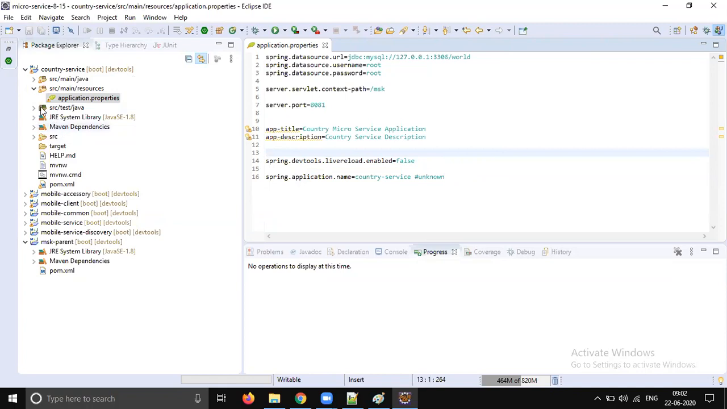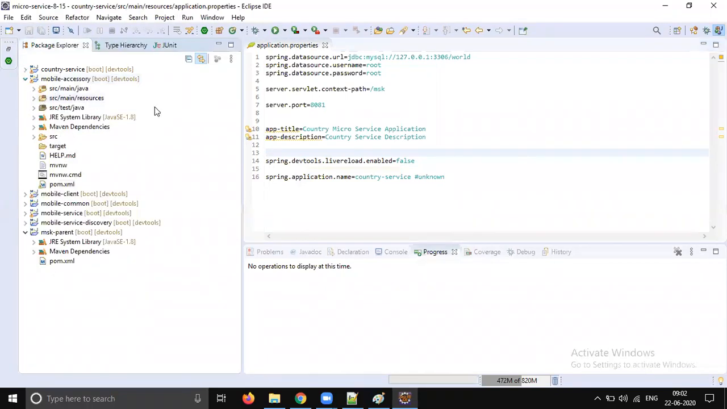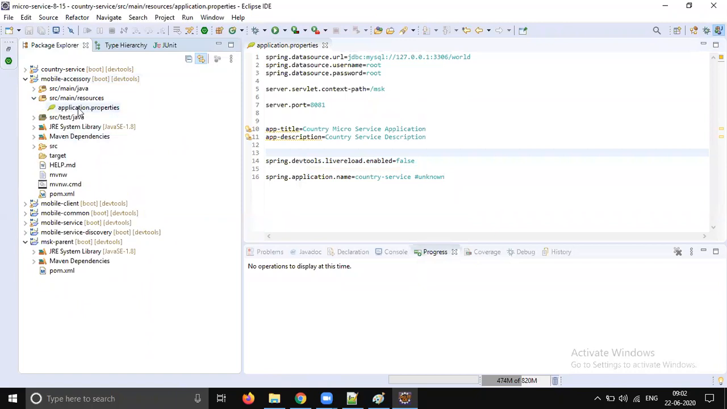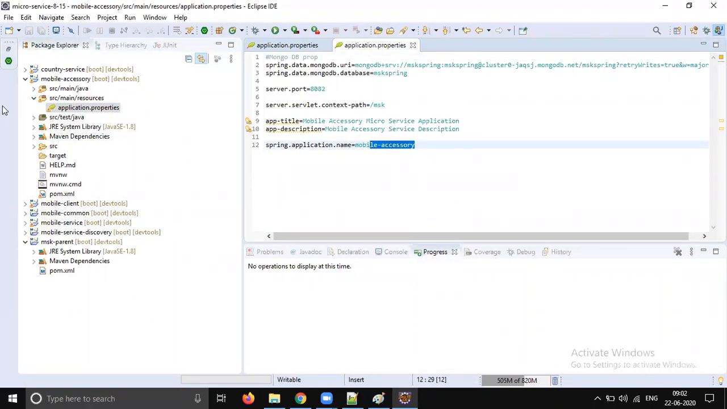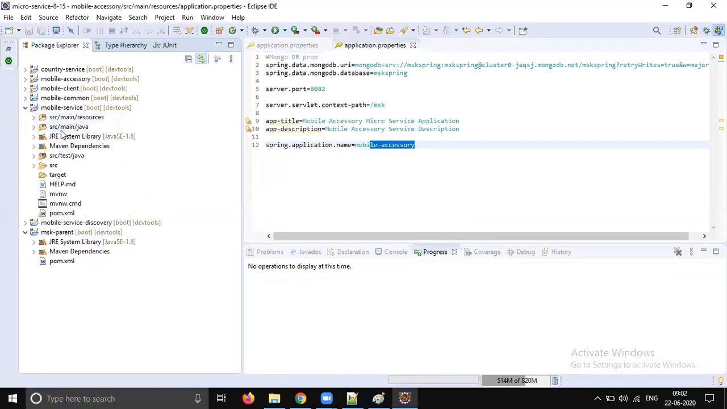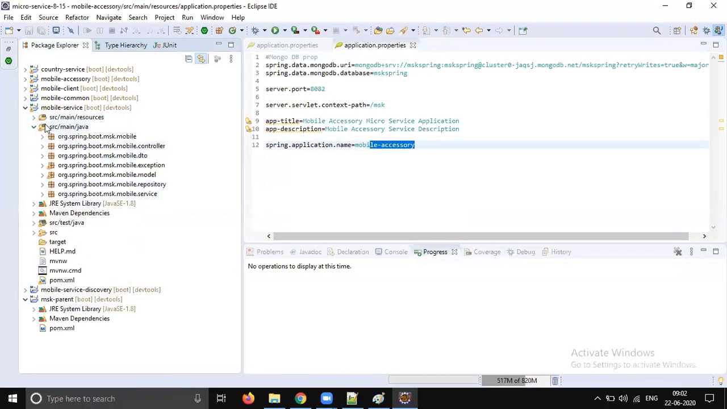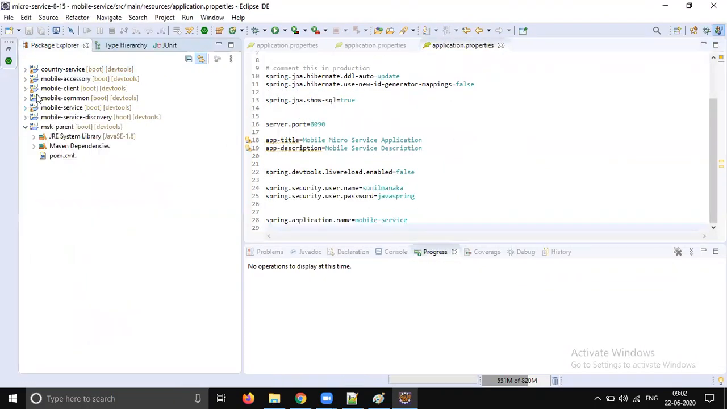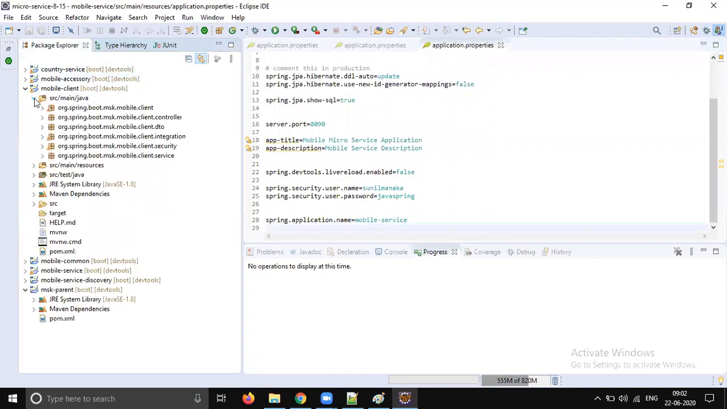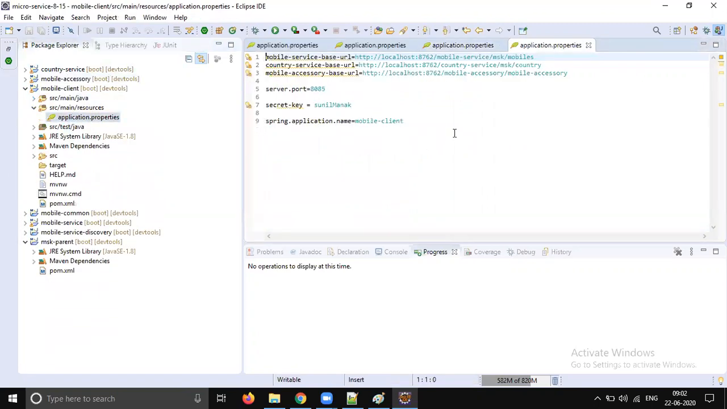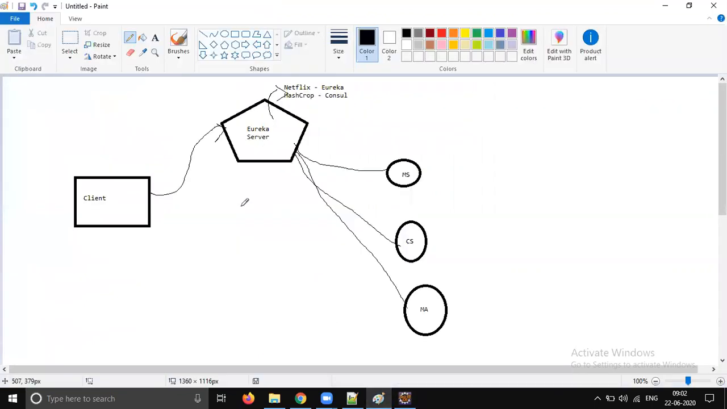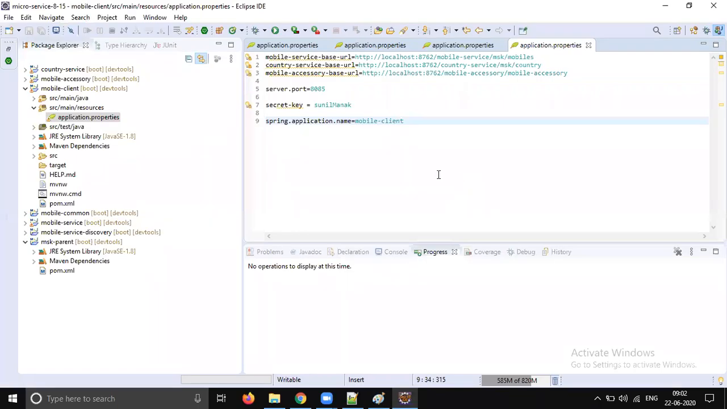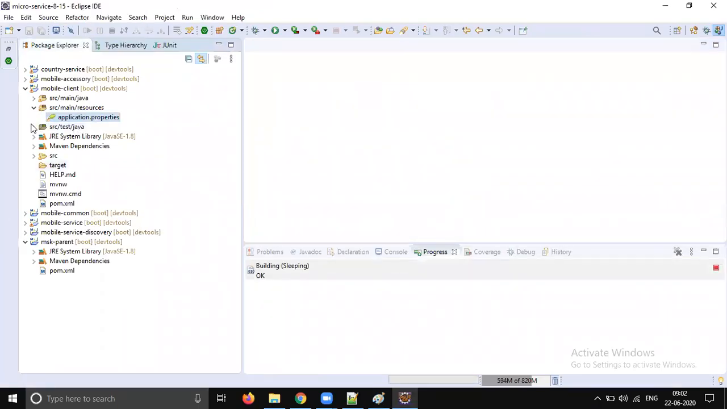This name will be listed on the Eureka server, right? So this is the name that is going to be used for communication purposes. So we should do this configuration in country service, mobile service, accessory, and mobile client. So what are all the applications which are going to be registered on the Eureka server? These four services: mobile service, country service, accessory, mobile client. All these services are going to be registered, so we should give the name. Okay. Yes. So once that is done,